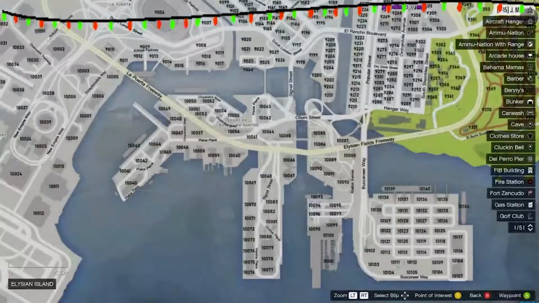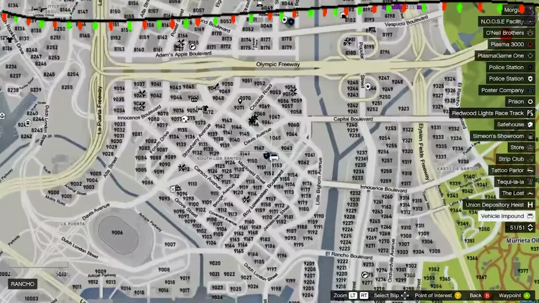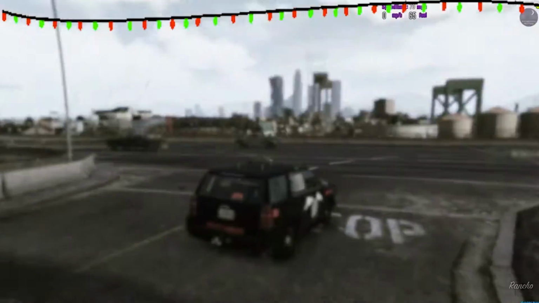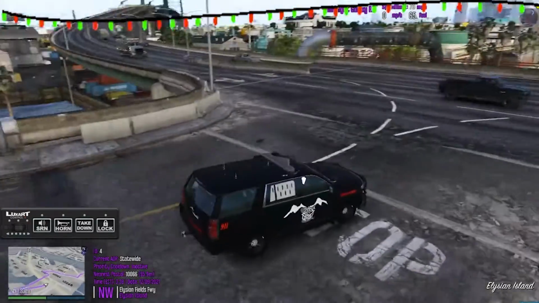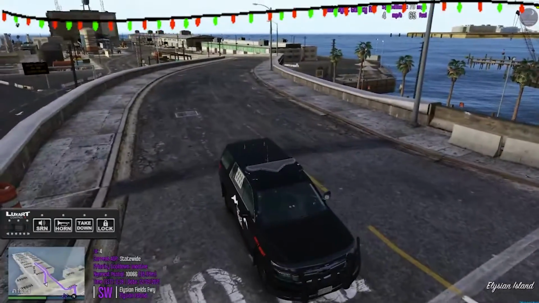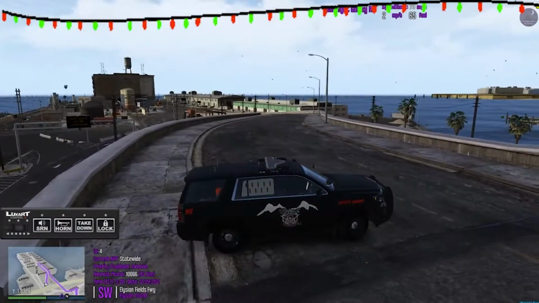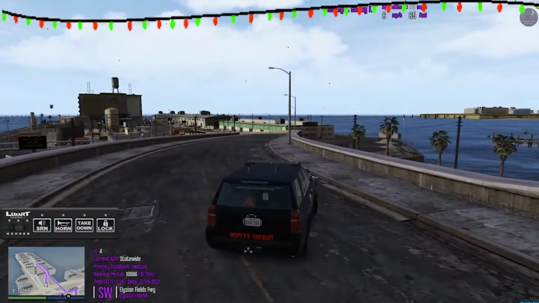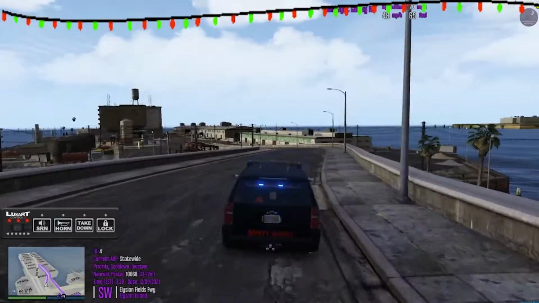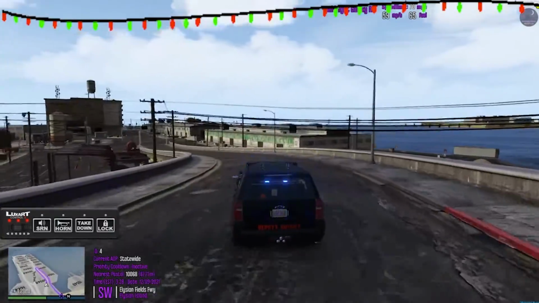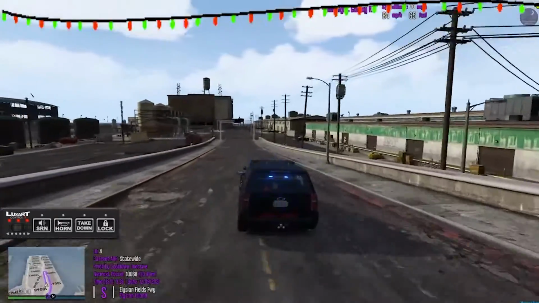Alright, let's go to Davis here. Oh, I can flip around here. Cool. I mean, I don't really need to drive there, but I feel like I want to drive, because screw it, I guess. Nobody else is on server, so we're good.